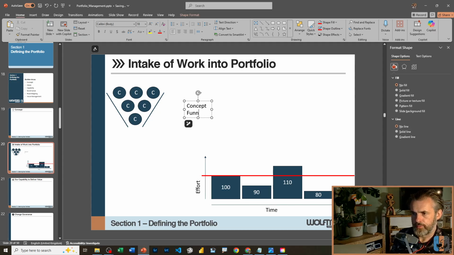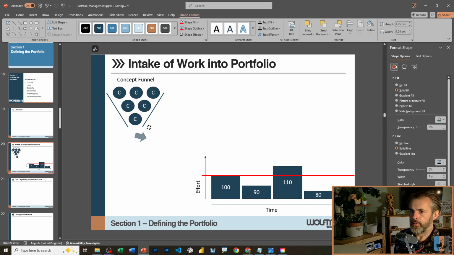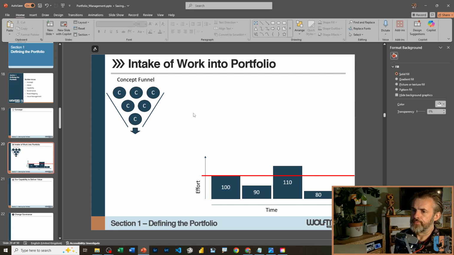Concept funnel. So these are all the great ideas for things that we can bring into the portfolio. And they go down. And they get discussed at,